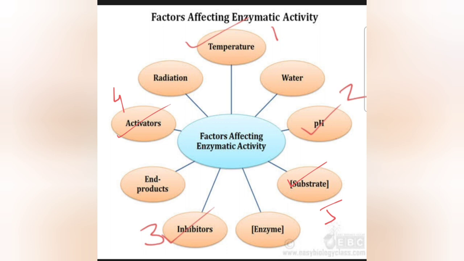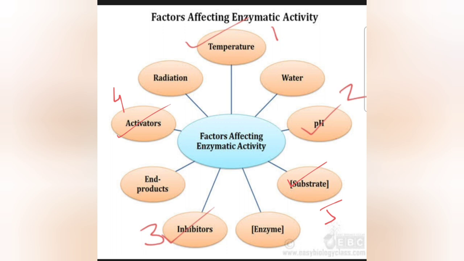So here also we have an optimum level of substrate concentration, which will give us the maximum rate of enzyme activity, and after that there will be no change in the rate of enzyme activity. It will not decrease, it will just be the same, no change at all. Okay, so the more the concentration of substrate, the more the rate of reaction will be until a certain point. Okay, these 5 points are very important.